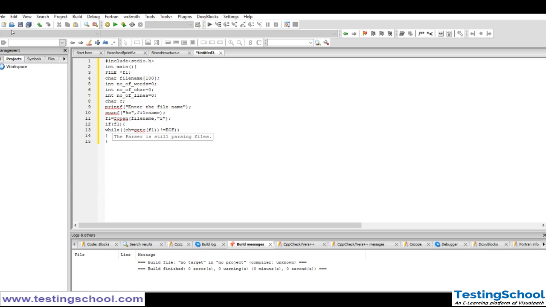Is not equal to EOF. Okay, now we are doing each line. Open. Once I open, first I have to check c. If c is equal to newline, slash n,